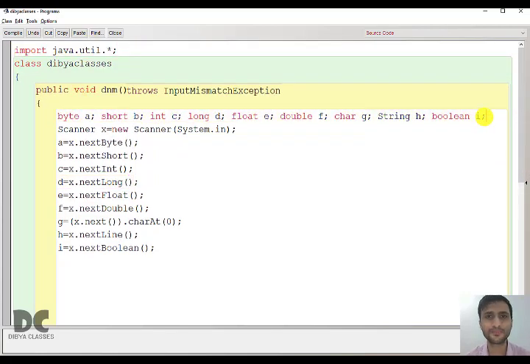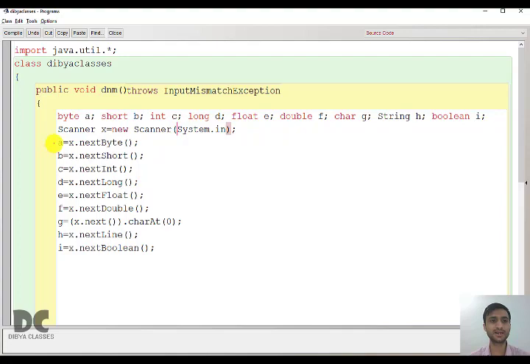Like, for example, before cooking, you bring all the ingredients, you switch on the gas, then only you can cook. So it is similar. The import statement, throws, and the scanner line are like ingredients, the preparation phase before cooking.